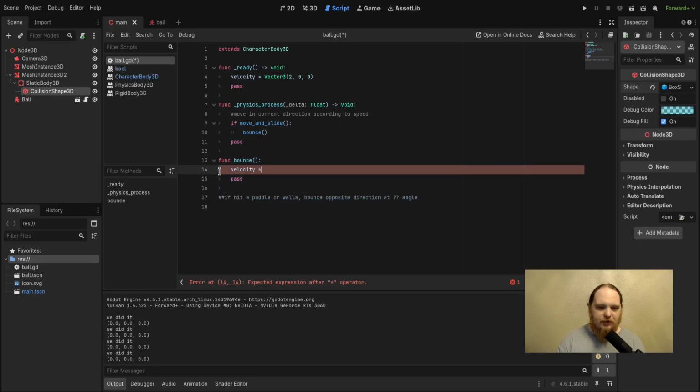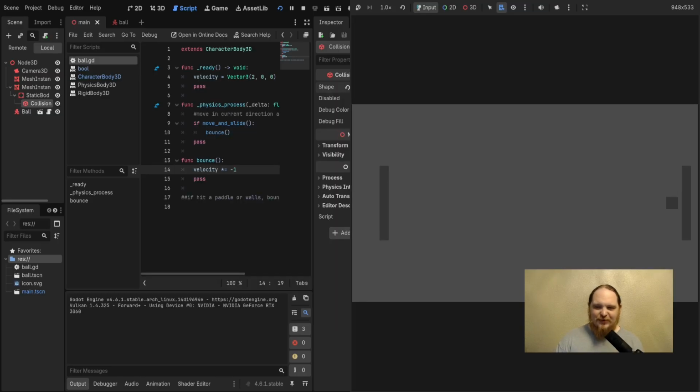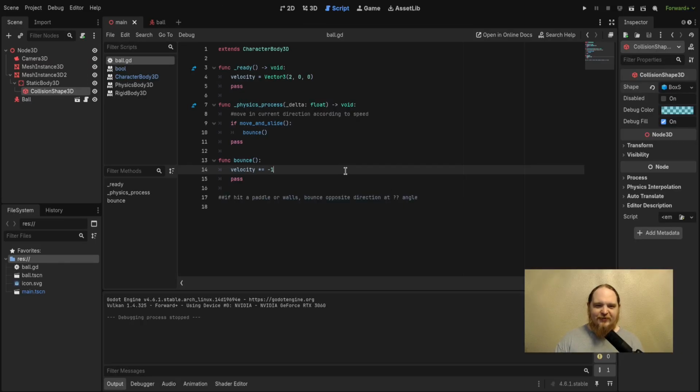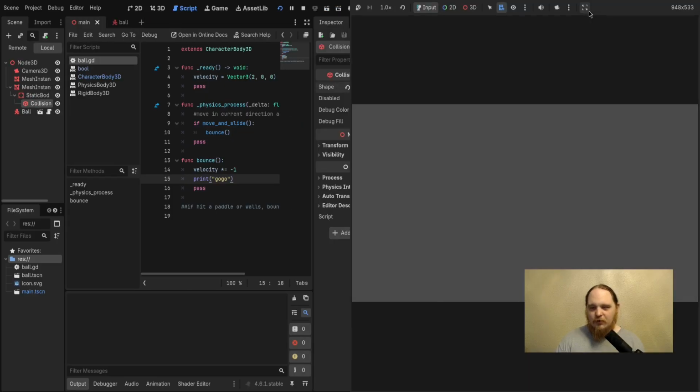Okay, so we're just going to make it do velocity times equals -1. And we're going to play it, and then in theory it should just bounce off, right? But it doesn't, and it's frustrating. So we want to make sure that this code is running. And kind of the lazy way to do that is to put a print statement. As long as this function gets called, bounce, then this print will go, which we already know, but just